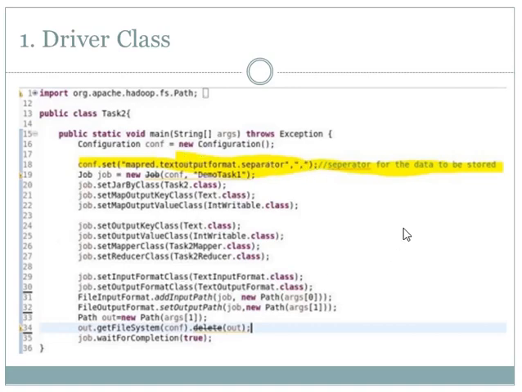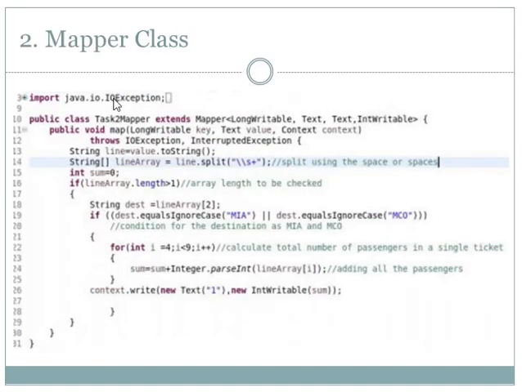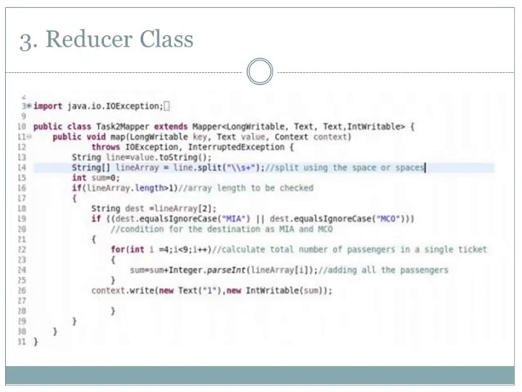So here is the screenshot of the implemented program in the example. Here is the mapper class and next one is the reducer class. For the execution in Hadoop, we first need to build the jar file. Then we can run it using the command below: jar example.jar /input.txt /output.txt.